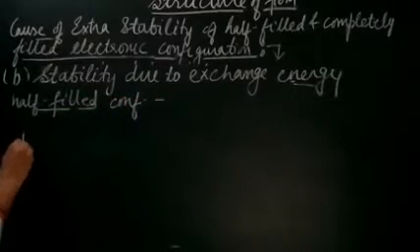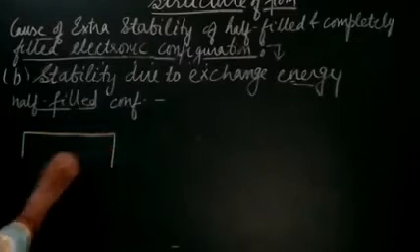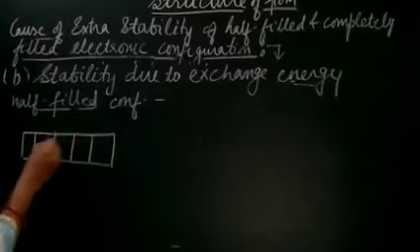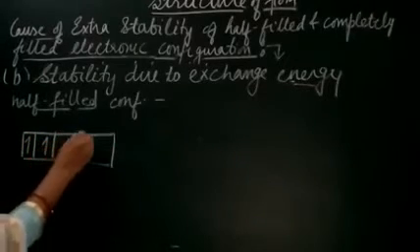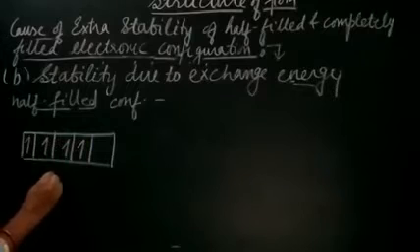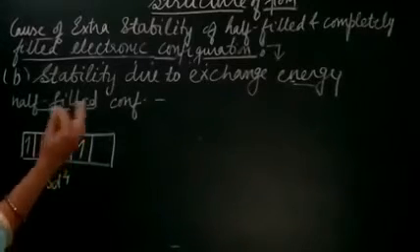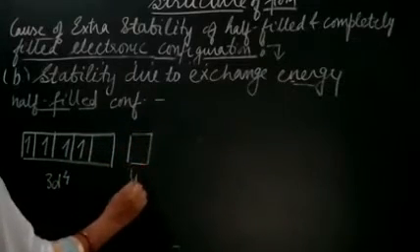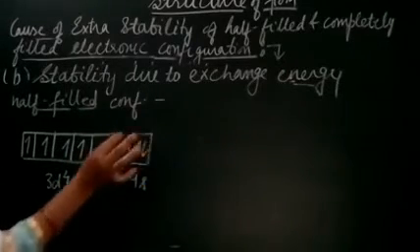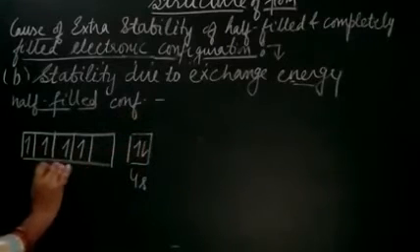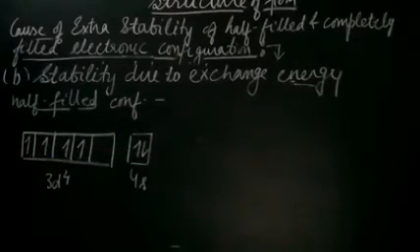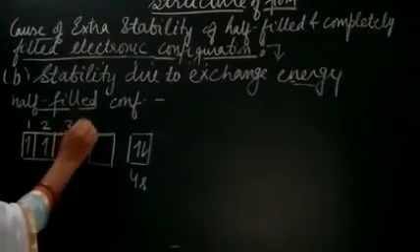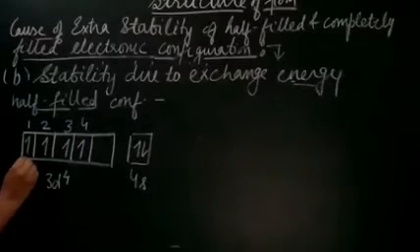So students, here I have taken 3d4. So it is 1, 2, 3 and 4. This is the 3d4 configuration. 4s2 is also there. Now the electrons in the d subshell can exchange their position with respect to one another. Let these be electrons 1, 2, 3 and 4. So we will show it in this way.